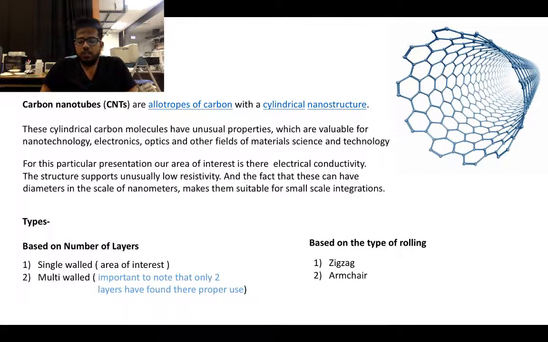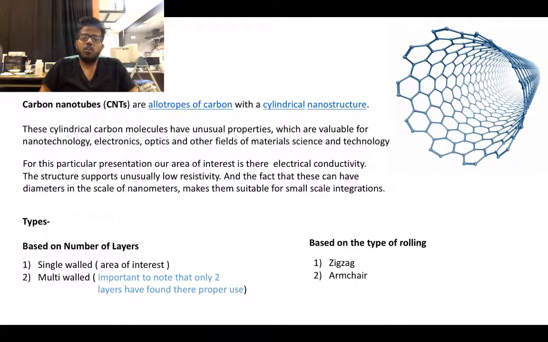So starting off with the basics, what exactly is a carbon nanotube? A carbon nanotube is nothing but an allotrope of carbon, and an allotrope is a kind of molecule or compound which is made from similar kinds of molecules, but their properties are different. So, for example, if you have a diamond, if you have graphene, and if you have carbon nanotubes, these are made from carbon atoms, but these have very different properties when it comes to physical and chemical